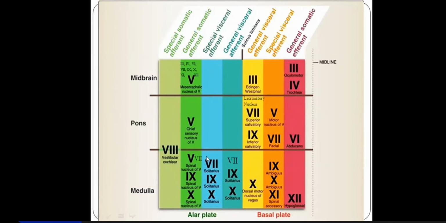Good. Then the functional column, the general somatic afferent. Remember, it was bringing pain, temperature, pressure sensations from the external auditory meatus and pinna and the area around. That was either through the auricular branch of the facial nerve or through the communicating branch to the auricular branch of the vagus. So in short, it is bringing those exteroceptive sensations from the area of the pinna near the external auditory meatus.